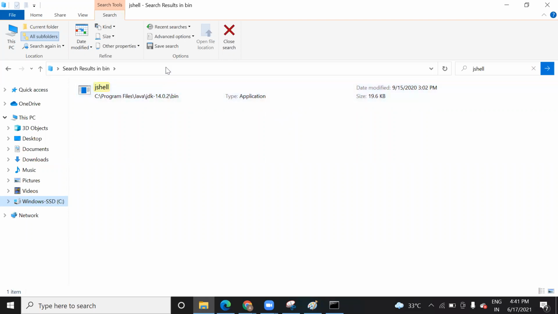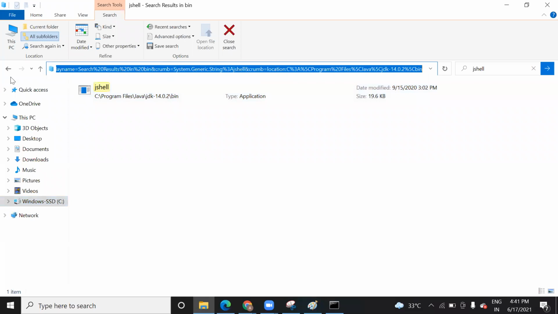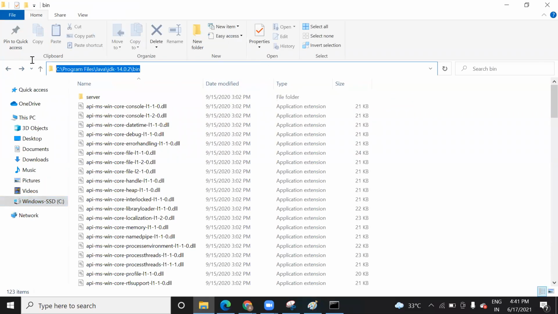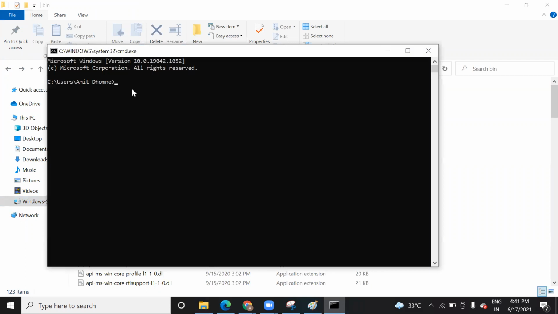Once you go to this path, you copy the whole path and paste it here. Once you paste it, just type jshell and press enter. It will take a few seconds to start. See, it is started, right?